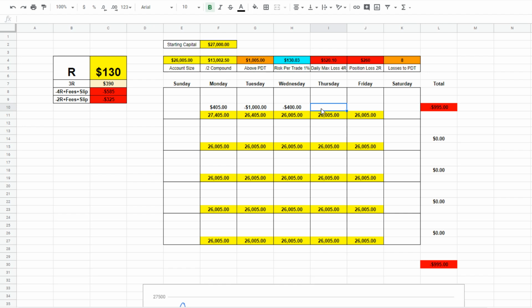Say we have a pretty good day. We're gonna make 390. Maybe we win another day, 396. Okay, so I'm using this right here. Now let's say we go ahead and make another 3R, which is great. So we're green, and then we take a $340 loss the next day. And I'm just gonna go ahead and fill this out. You kind of get the point. I'm just gonna make sure that we